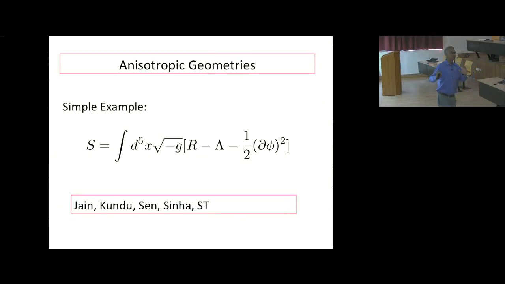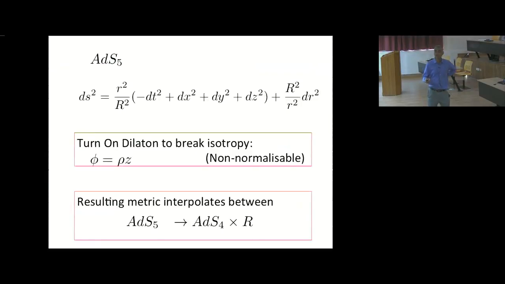But now what I'd like to do is study a very simple anisotropic geometry because our focus here today is mostly on viscosity. So just consider the following very simple system. We are in 5 dimensions, Einstein gravity, negative cosmological constant, and a scalar field. So studied also with Anindya, who I'm not sure is here. Of course, this has a well-known AdS5 solution where the scalar, let me call it dilaton, is not excited at all.